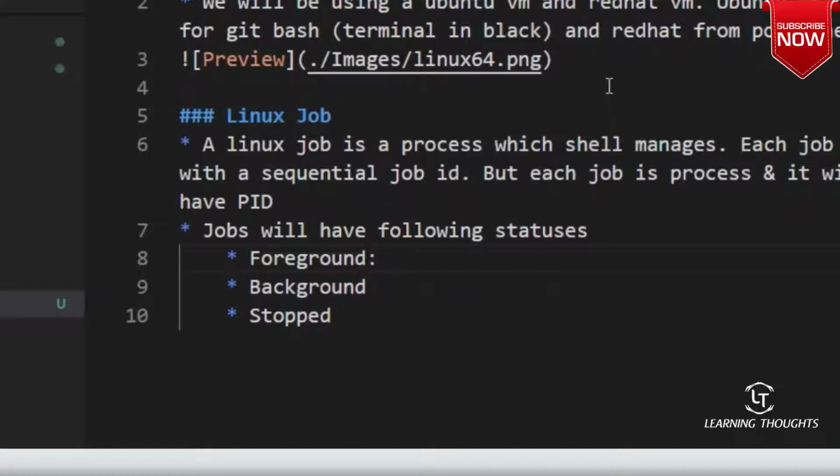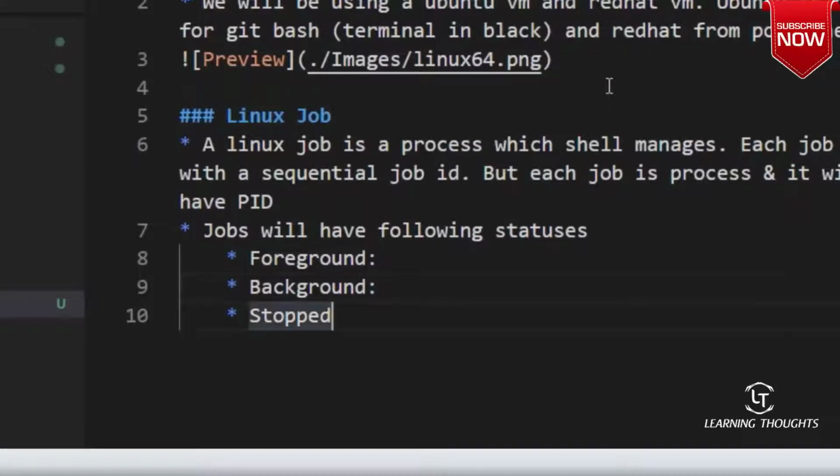Whenever you enter a command, if it is running in the foreground, that is considered to be a foreground job. If it happens in the background, that is called a background job. When your job is stopped, then we would call it a stopped job.